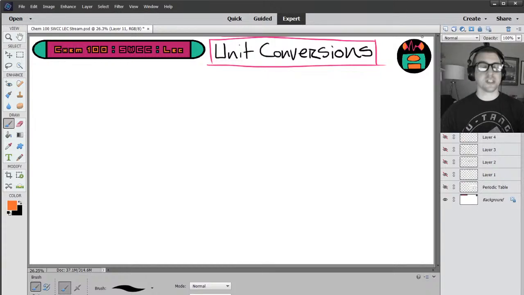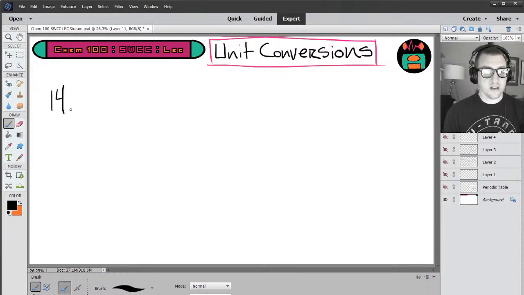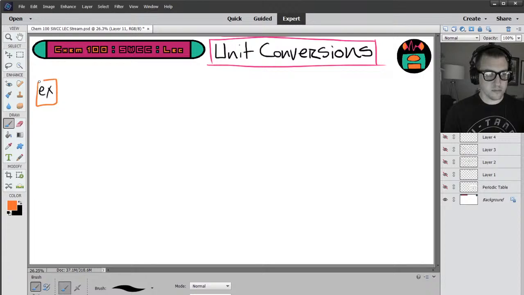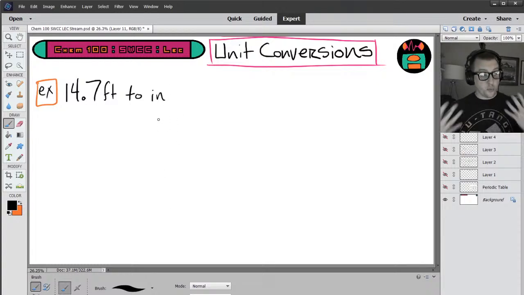Let's do a few examples to illustrate what I mean. Let's convert 14.7 feet to inches. All right. Now, the way you do a unit conversion